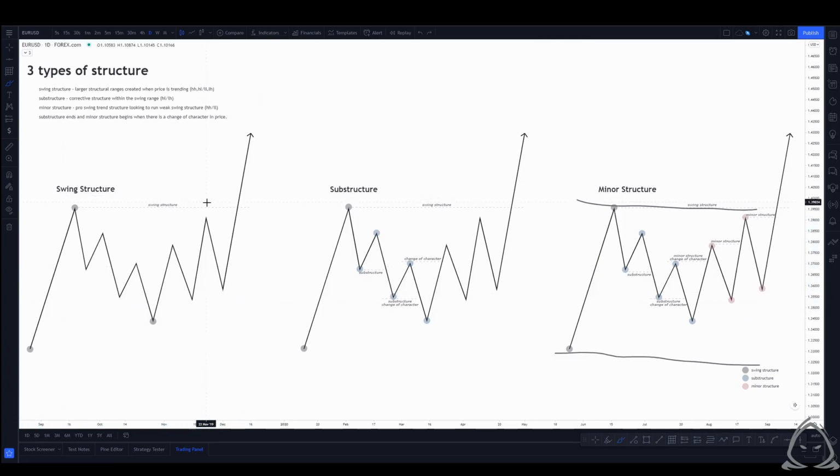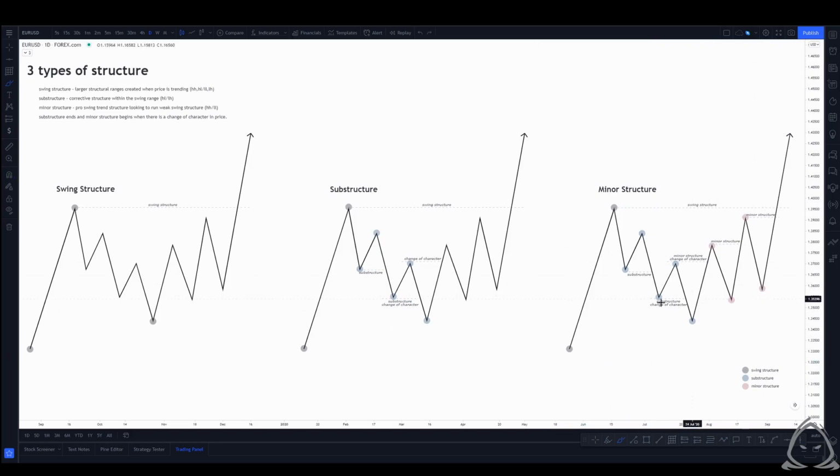And we're able to delineate the two different groupings of structure within the impulsive range of the swing structure as substructure for the counter trend pullback and minor structure as the pro trend move that hasn't quite broken the high as of yet, but we're starting to see that shift in order flow. We're starting to see that shift in the overall structure. So we're able to use minor structure to gauge that change of character and start to understand that we were putting in lower lows and lower highs within the swing range, and we're now starting to put in higher highs